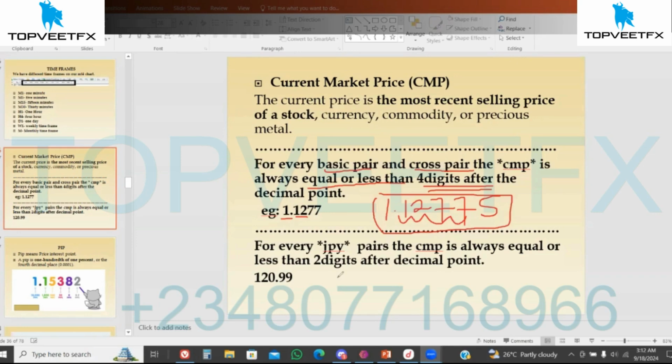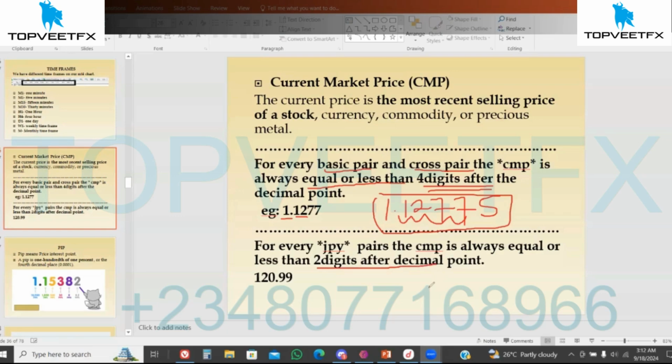And also we have every JPY pair. Remember, Euro JPY, GBP JPY, AUD JPY, all those are cross pairs, while USD JPY is a basic pair. But there is a price difference for JPY. The way we look at JPY pairs is different. For every JPY pair, the current market price is always equal or less than 2 digits after